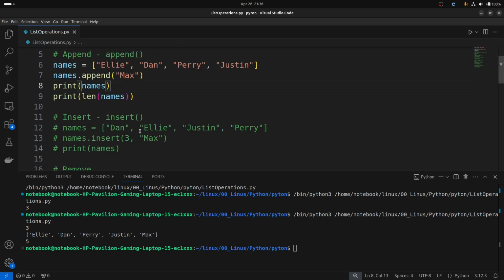Want more control over where the item goes? Use insert. The insert function takes 2 arguments, the index and the item to add. By index we mean at what index you want to insert the item, and what item you want to insert. Simply 2 arguments. So in this list, Dan, Ellie, Justin, and Perry, we want to insert Max at the